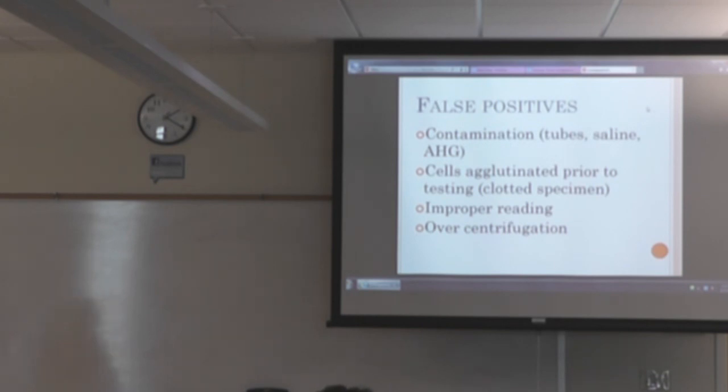If you don't resuspend your cell button all the way, so you didn't read it properly, and if you centrifuged it to death so that all the cells just kind of clump down to the bottom, they could come off very raggedy and look